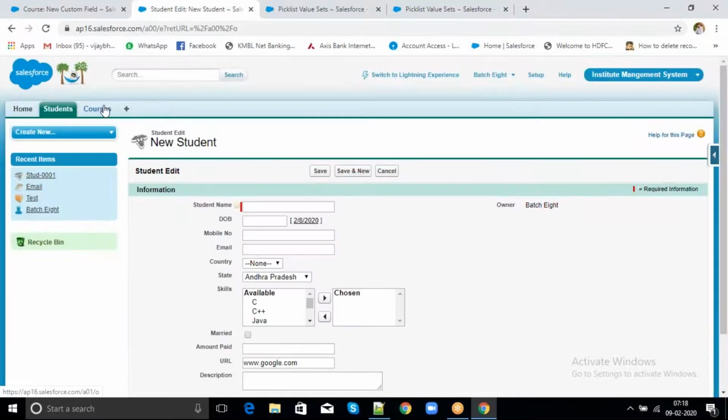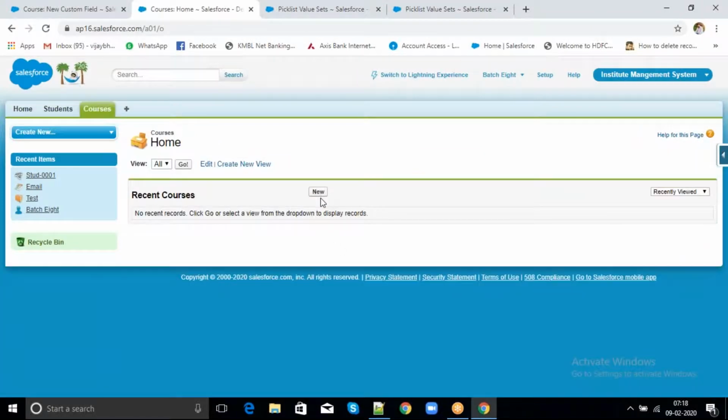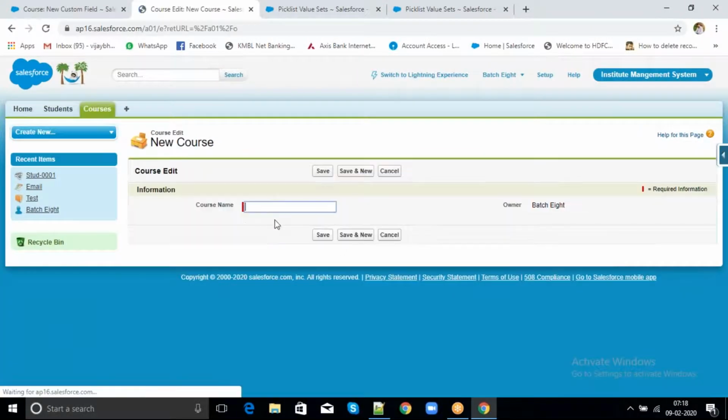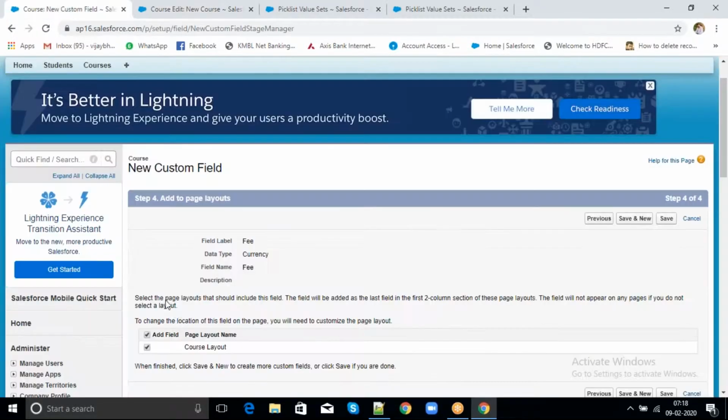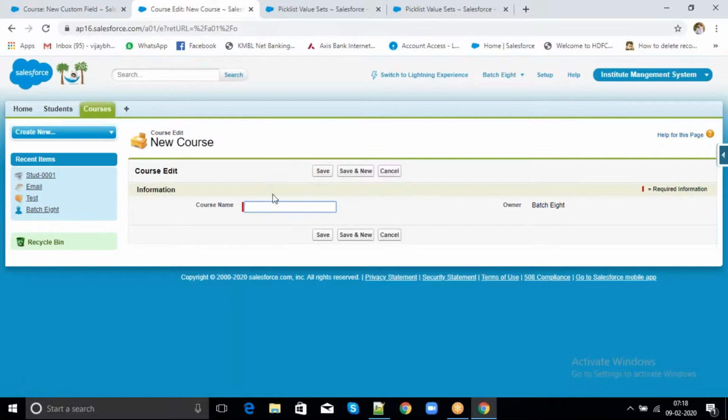By clicking on it, here we are displaying the course name, so afterwards it will display the fee after saving that field. If we disable this one, it means we are not showing this fee field in the course layout. That field will not be visible.